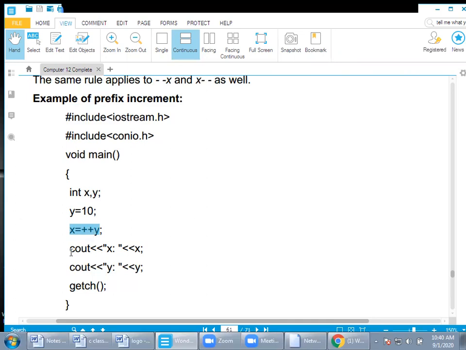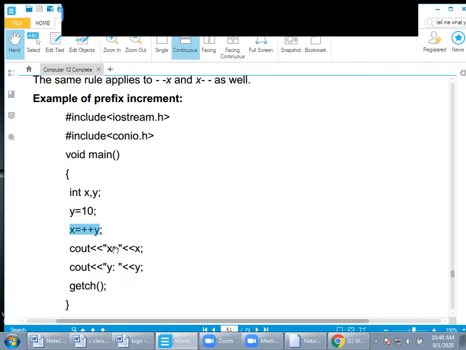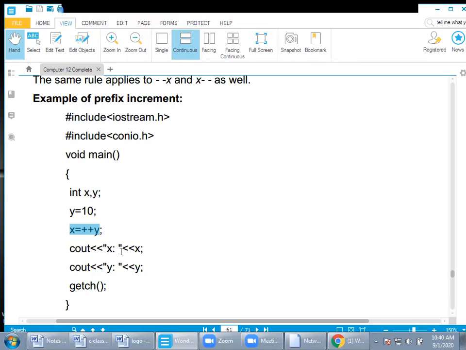In the cout, excuse me, in the cout they use x. Watch over here, they use the x within double inverted commas. It means that this one is a message. Then without quotes, it means that they want to show the value of a variable. First execute this statement in your mind before checking the result. What should be the result of this statement?